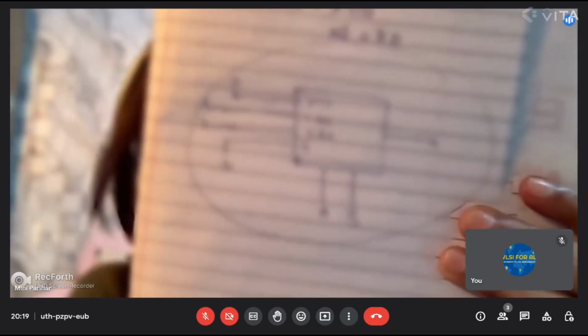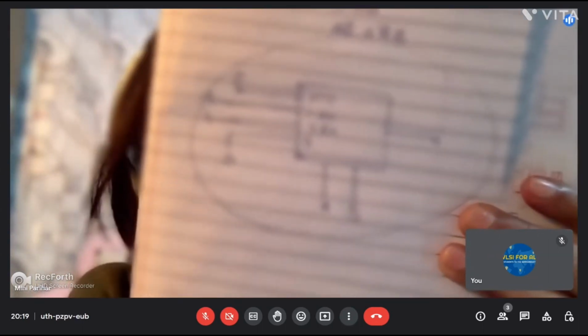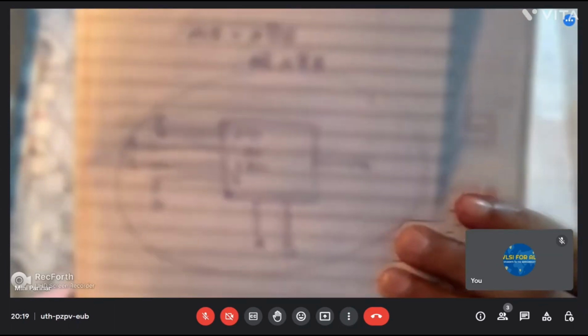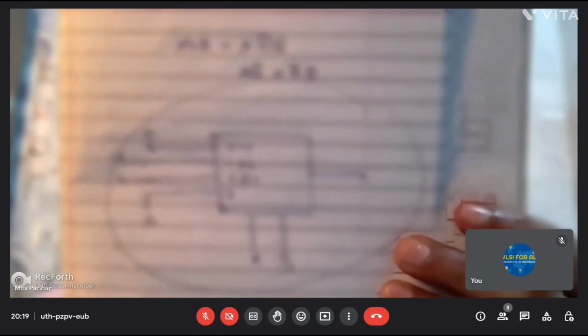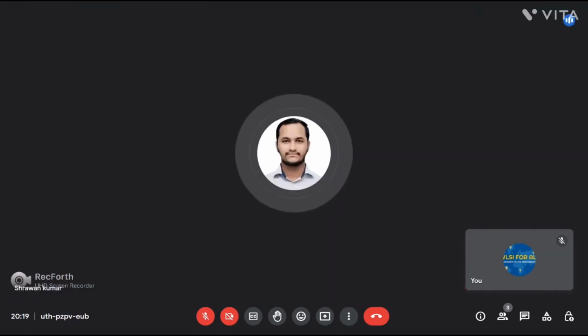I have given I1 and I2 as 1 1 and I0 and I3 as 0 0. So it will give the expression, I have written the expression also.